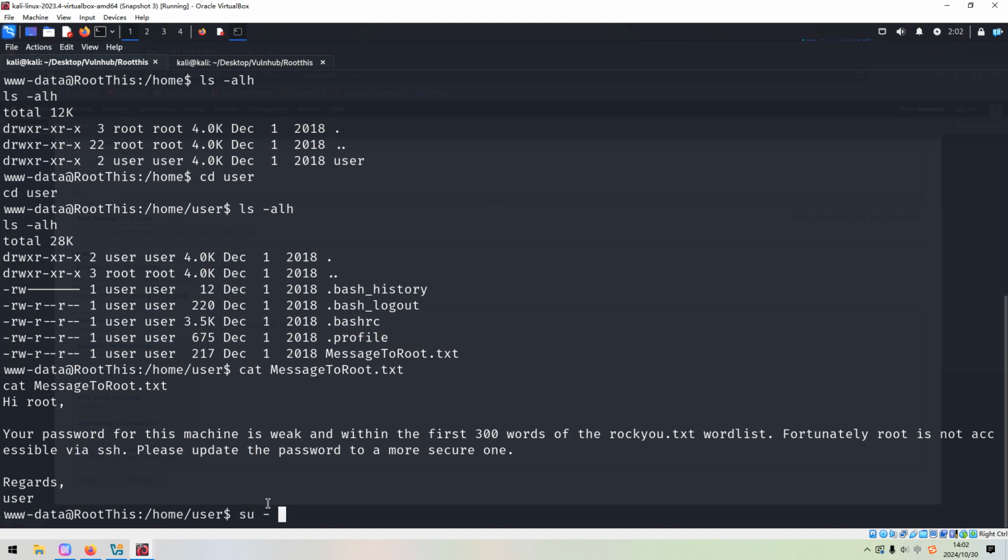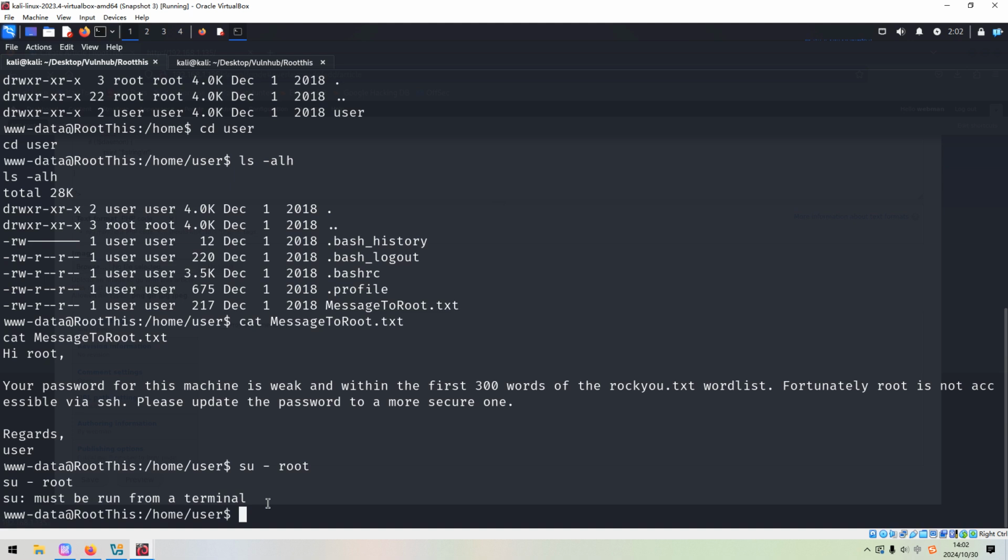For example, if we want to switch to the root user manually, we can feed the password. However, we got the error: must be run from a terminal. When I did the mission the first time, I tried to spawn a new reverse shell, for example, by Python. Python is not there, and also the bash. But also, we can upgrade the current shell to the Meterpreter. But none of the ways can change the problem of the absence of the TTY.